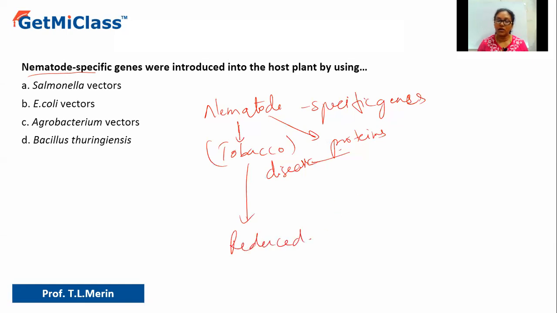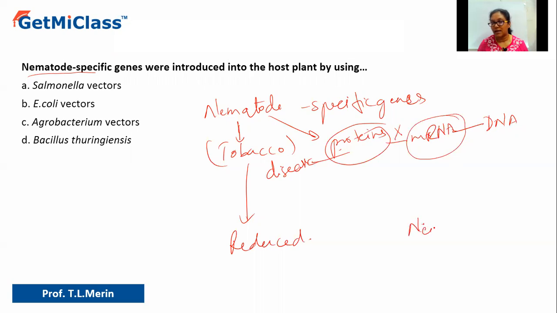So what we have done to block this production of proteins is to block the mRNA, because we know that the DNA of the nematode will give rise to mRNA. That is the central dogma, right? mRNA further gives rise to proteins, and that will cause the disease. So we don't want this protein to be produced. So we are going to block this mRNA so as to block the proteins. How are we doing it? We are actually isolating the specific gene from the nematode, that is the nematode-specific gene,